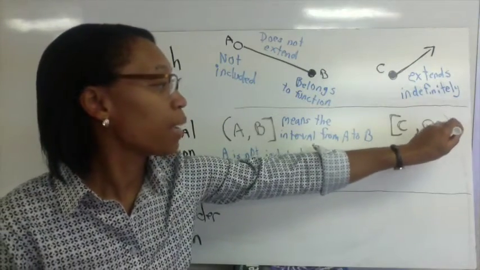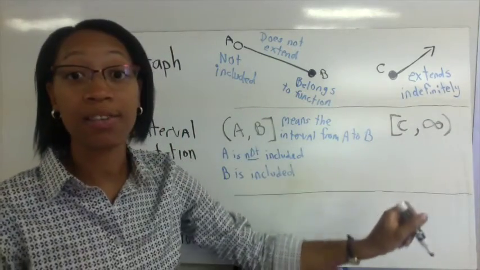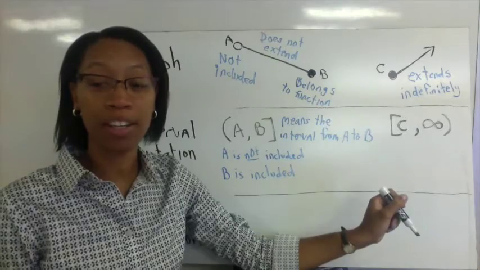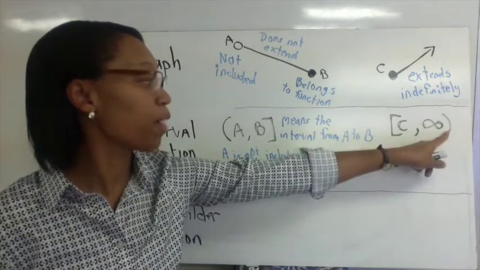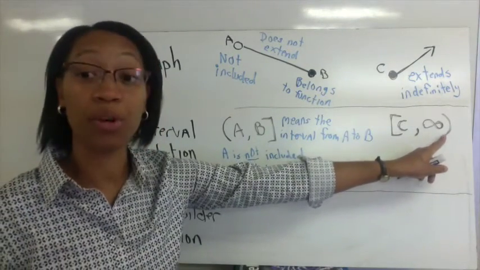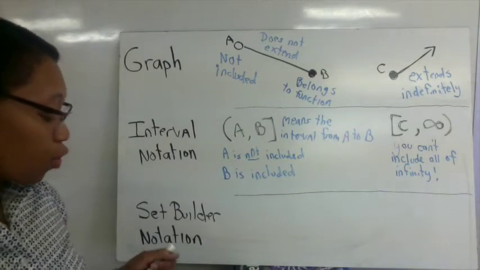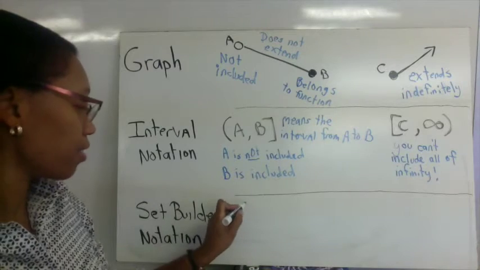Infinity, we're going to have a parenthesis because you cannot include infinity. Infinity is too big to put a cap on. You can't cut that off, so we have to put a parenthesis. You don't include infinity. So in set builder notation, we are going to have the set, okay, so we have